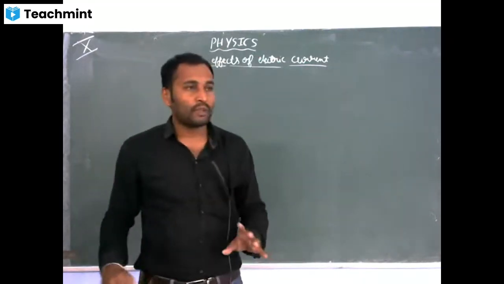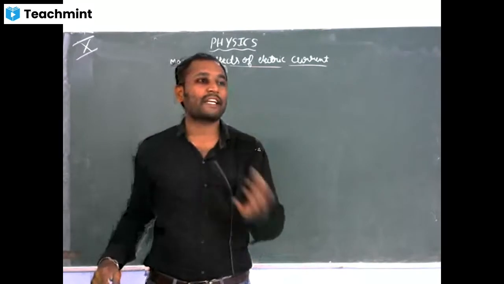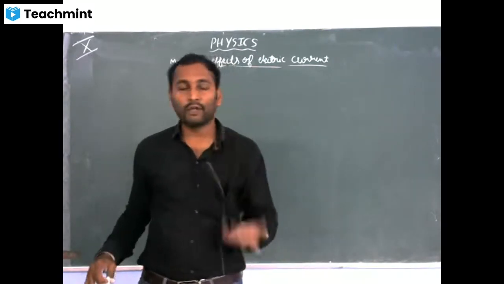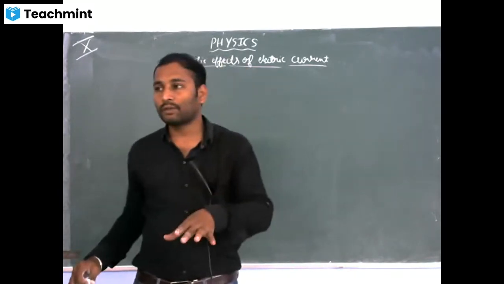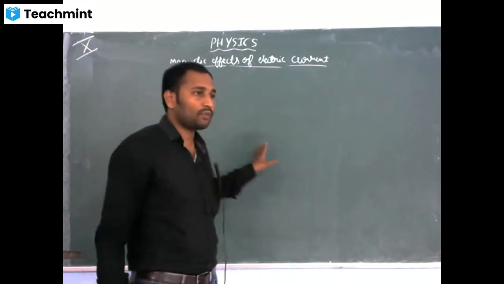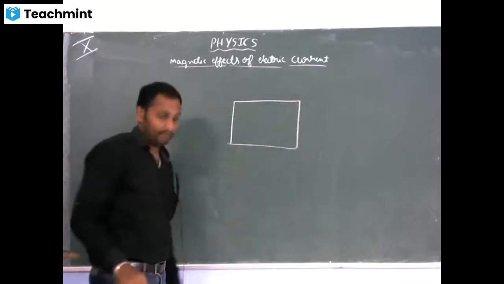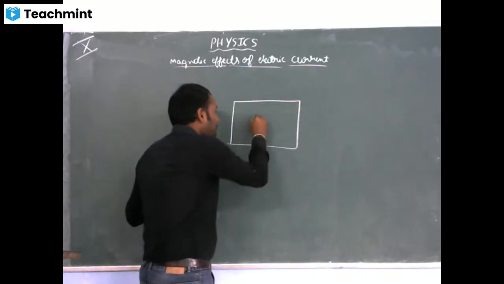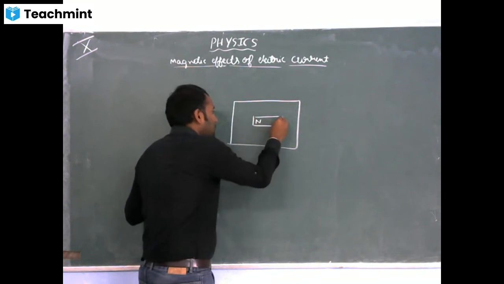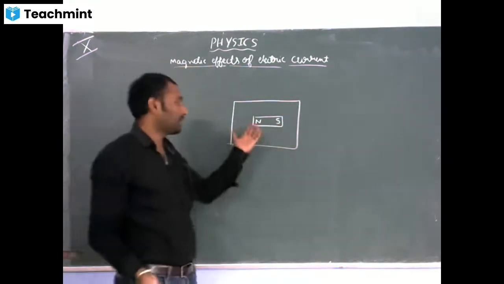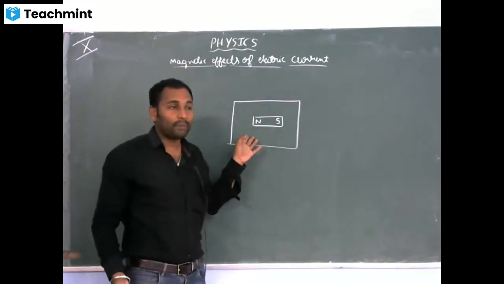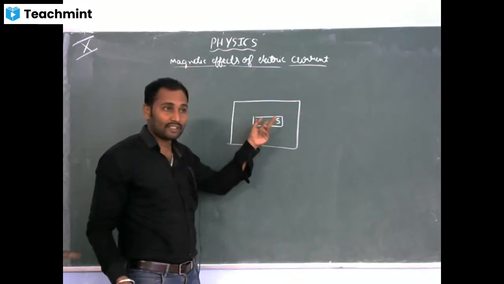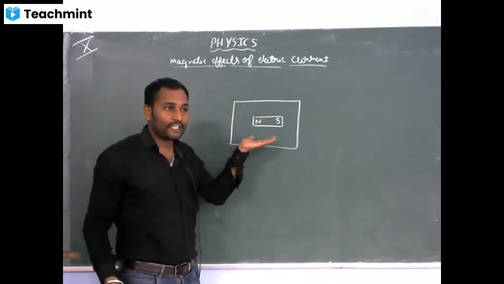So I have explained the magnetic field as well as magnetic field lines. I also said that magnetic field lines are always taken from north to south. We are going to demonstrate this with an example. Let me take a white sheet. I will fix one bar magnet. This is north and this is south, of course it will have two poles. With the help of adhesive material, I will fix a bar magnet on top of this white sheet.